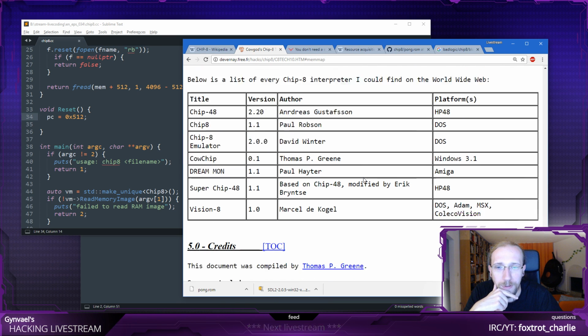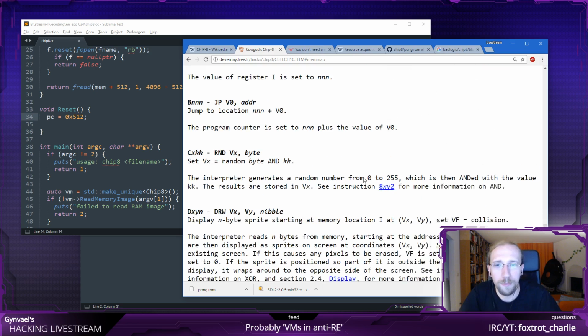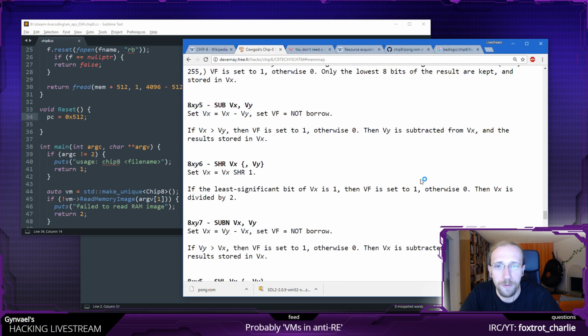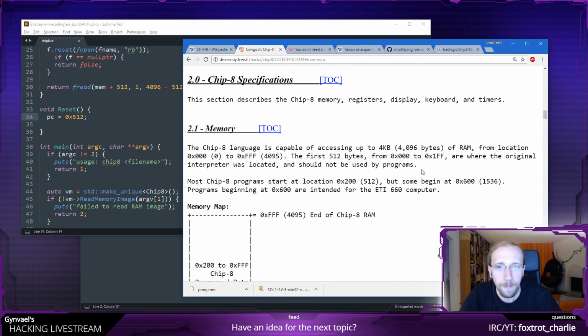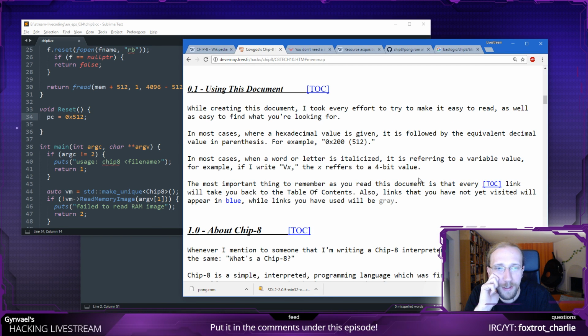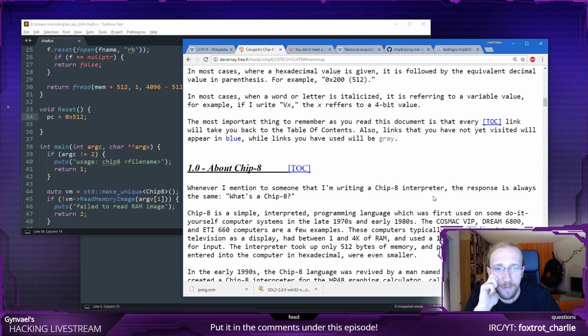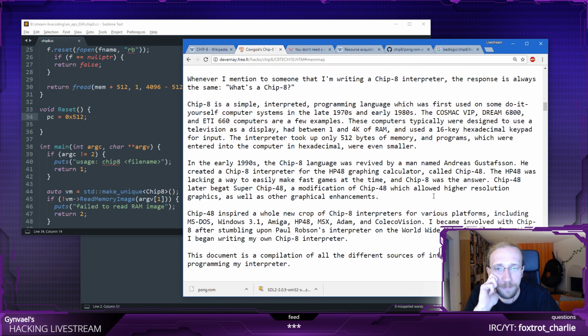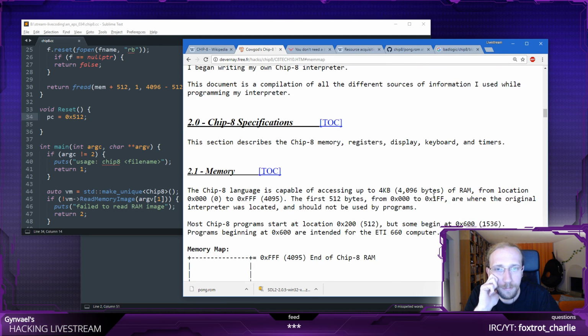Okay, superchip, interpreters, credits, okay, but reboot values, what are the reboot values? I guess it's another episode of Gunveil reading the documentation.